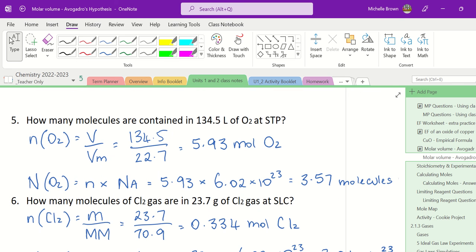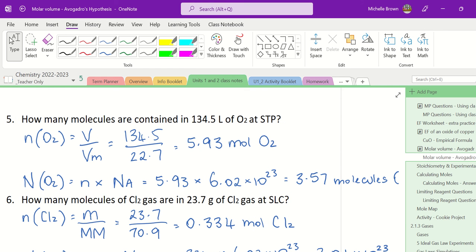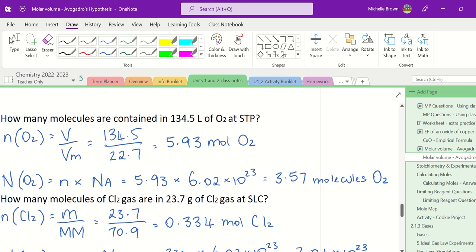Question 5, how many molecules are contained in 134.5 litres of oxygen at STP? Convert that volume to moles, multiply it by Avogadro's number, and we find out that there's 3.57, maybe that should be 10 to the 23